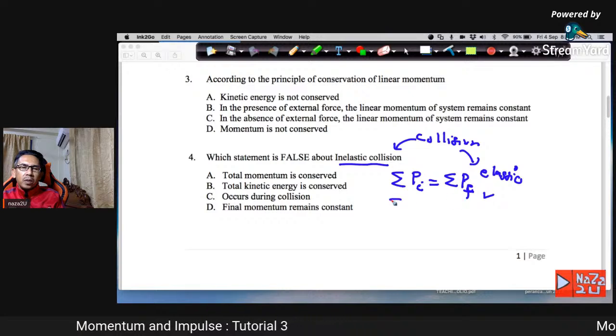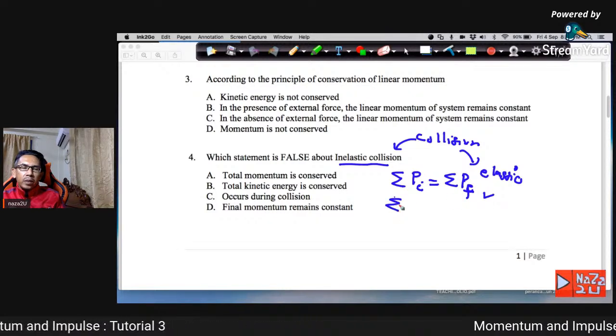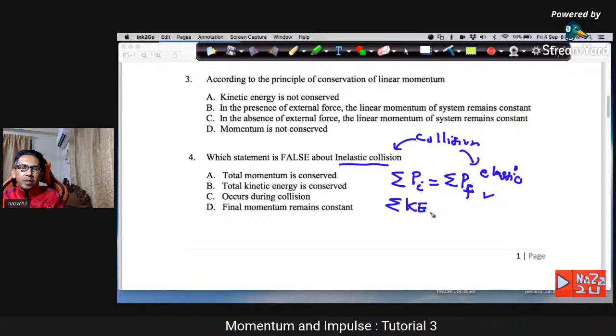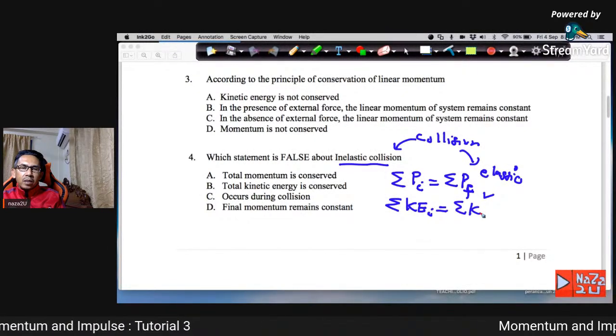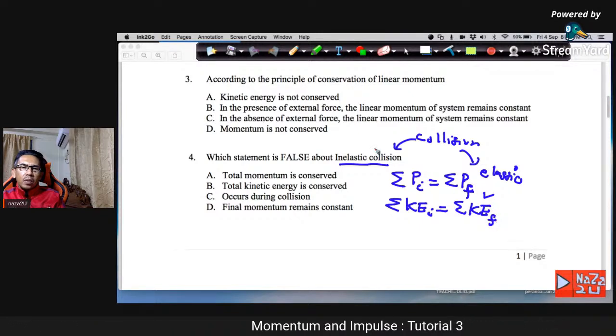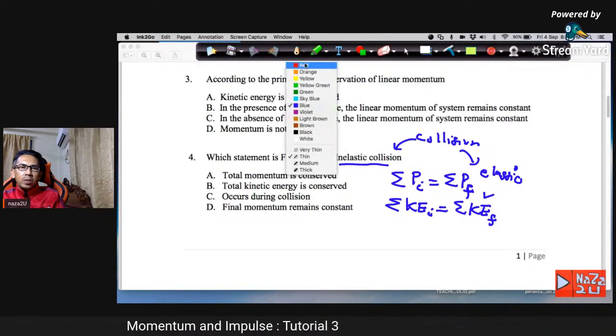But if you look at the kinetic energy, KE, the total kinetic energy initial and total kinetic energy final or after. For the inelastic collision,